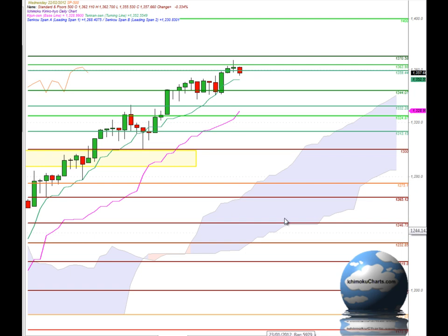In terms of Ichimoku, the market is trading well up above the clouds, so we have an overall positive bias in big picture terms, and is still bullish in the medium term and fast term time frames by trading above the Kijun-sen and the Tenkan-sen. The Chikou span here is above the corresponding price action, so we have confirmation of the bullish market in all 3 time frames. The market is retracing back towards the Tenkan-sen, and we should look to that area at 1352